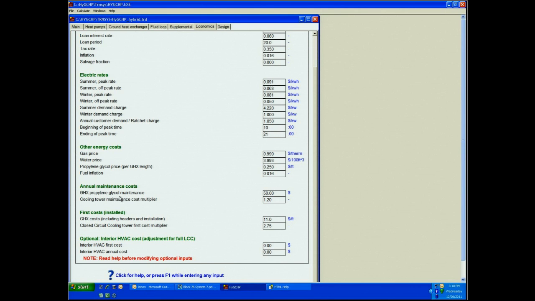If you want to, there's also an optional input for interior HVAC costs, which is the cost of equipment interior to the building, such as piping, valving, and so forth. That doesn't really change from design to design. You can also leave that to 0, and you'll still get good comparisons because those pieces of equipment don't really